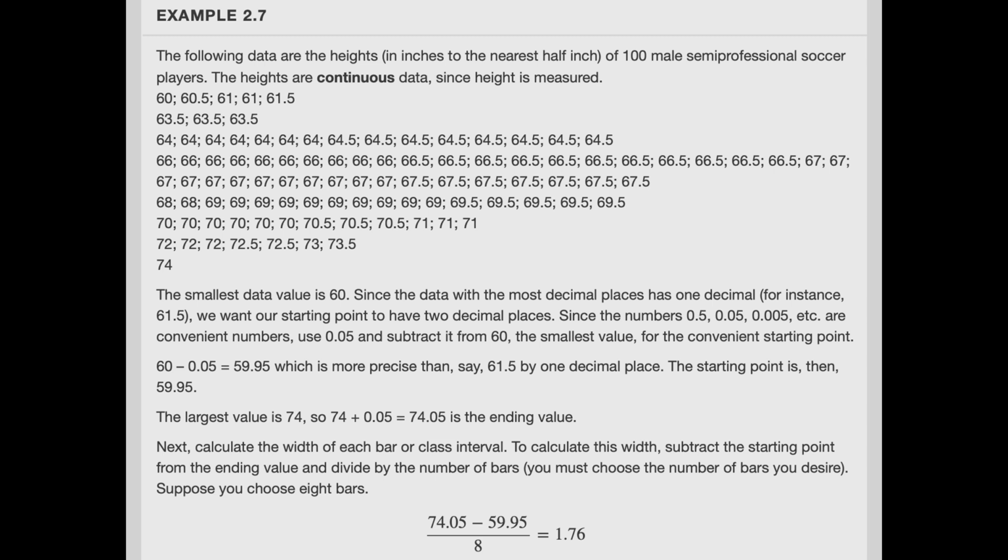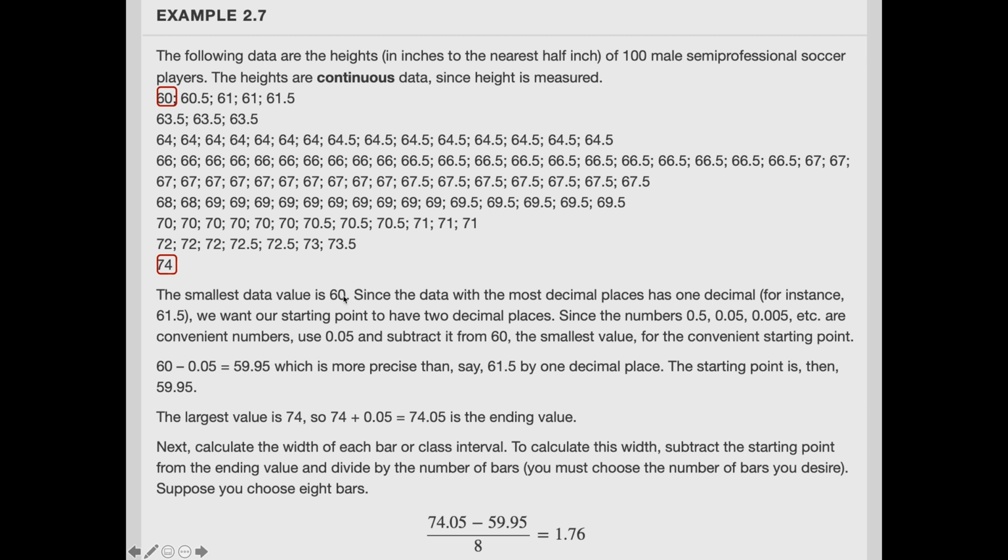This is continuous data, since height is measured. So in the 60s, there's 60.5, 61, 61, and 61.5. That's what I'm looking at right here. And then in the 64 range, I have a whole bunch of 64s, 64 and a halves, all the way through. Now, when we look at this, one of the things I want to note is what the smallest score is, and also what the largest score is. So the smallest data